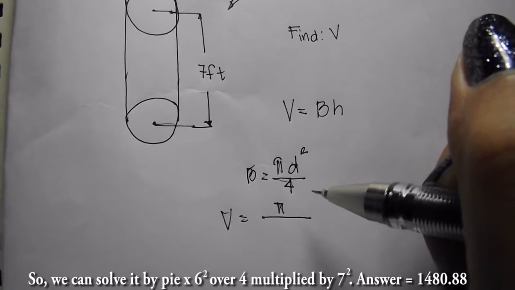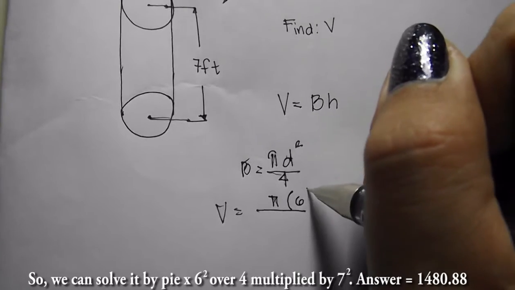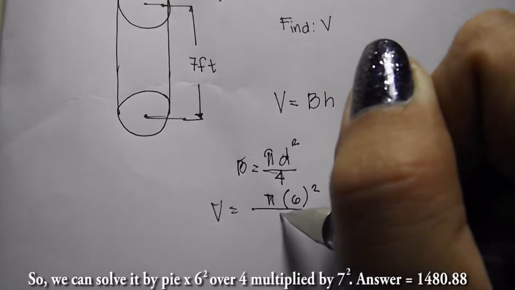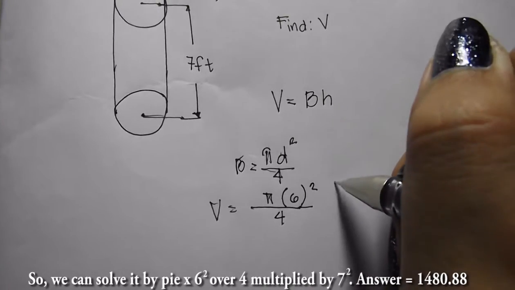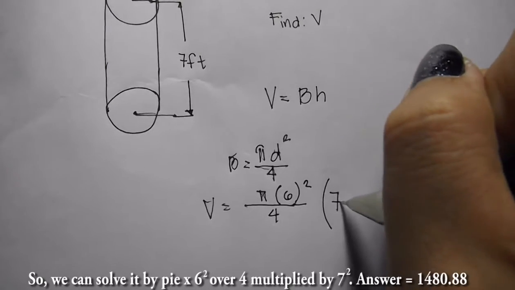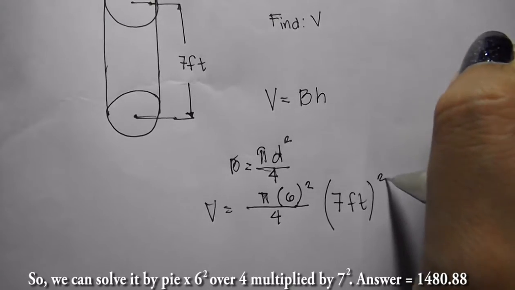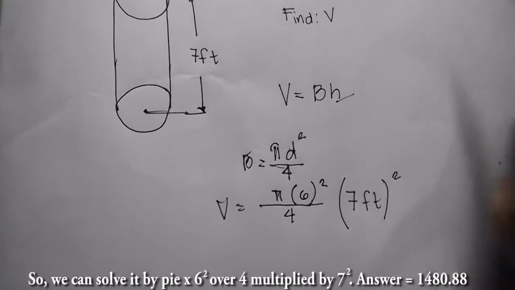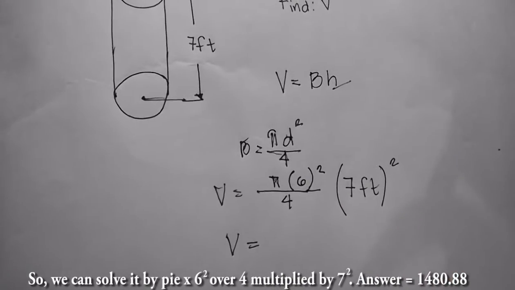So we can solve it by pi times the diameter of 6 squared divided by 4, multiplied with the altitude of 7 feet. We can get a volume of,